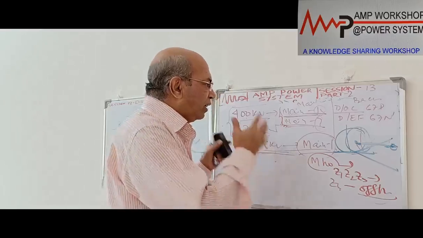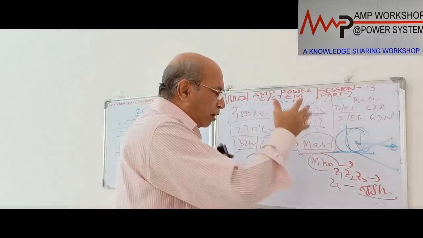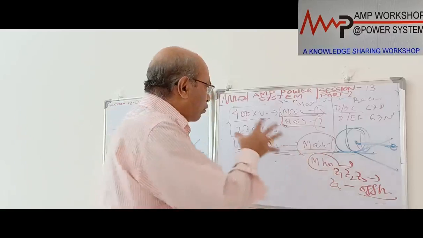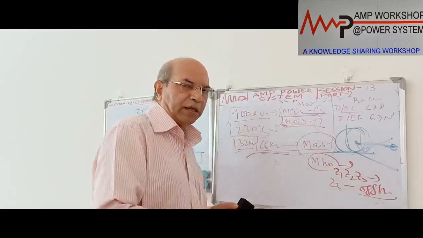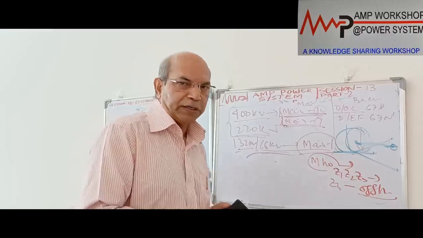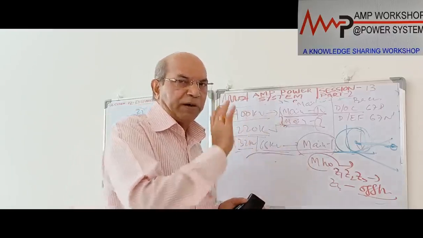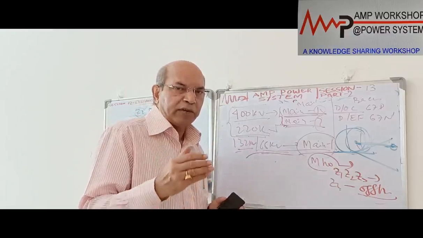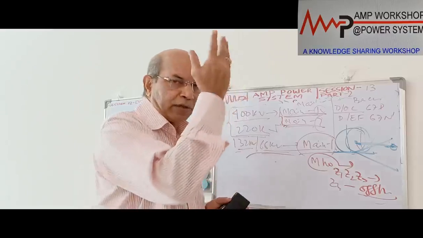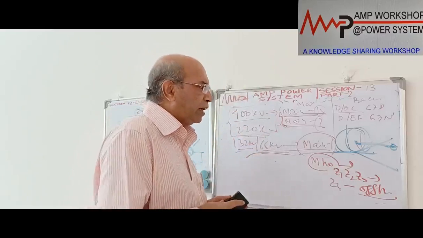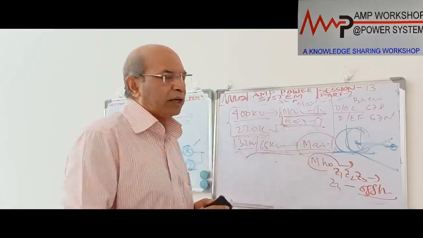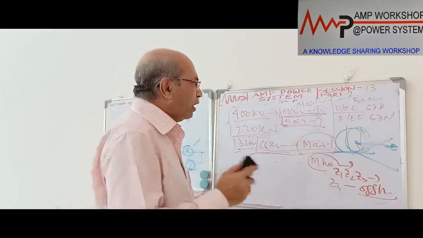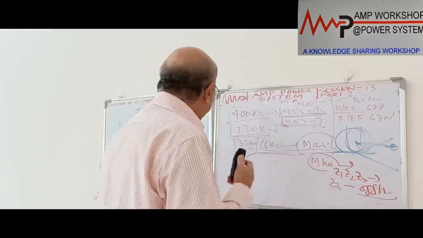And you know, each relay has a separate panel. Main one has one relay panel, main two has another, because it is not only the distance relay. When the scheme is made, a lot of other equipment will be present, including the transmitter. The communication part will be separate equipment. And then whatever type of carrier communication we want, the line trap on the main power line, all these things will be there. But mainly the protection scheme is like this. Okay, so this is all about distance line protection.